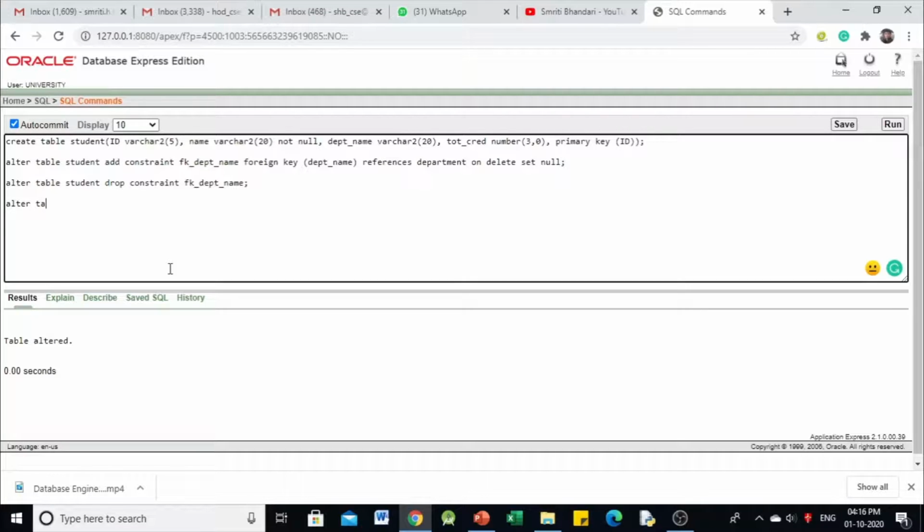We give the statement alter table student drop, and the name of the attribute that we would like to drop, total credit. If we execute this statement, this attribute gets dropped. So let us run this statement.